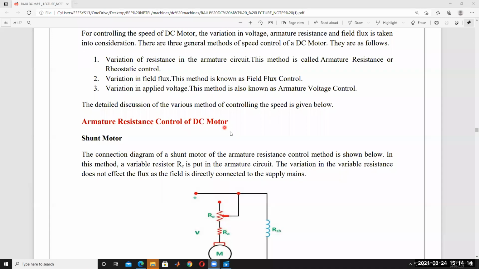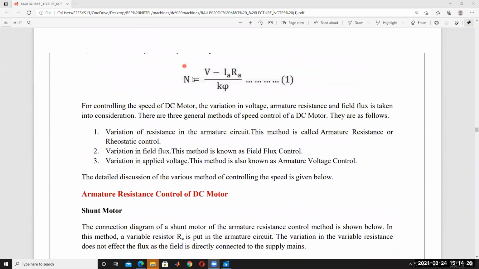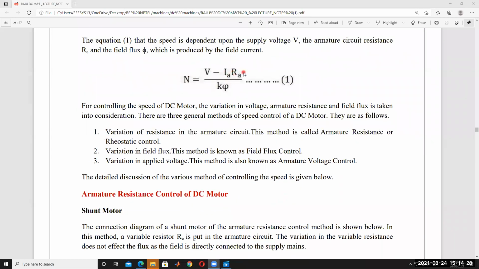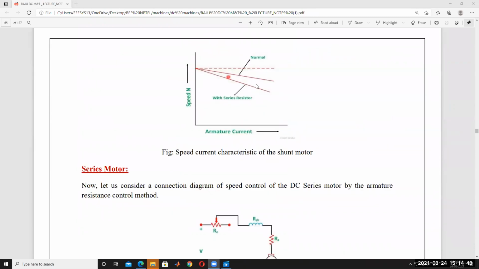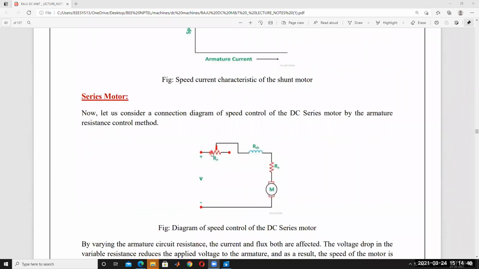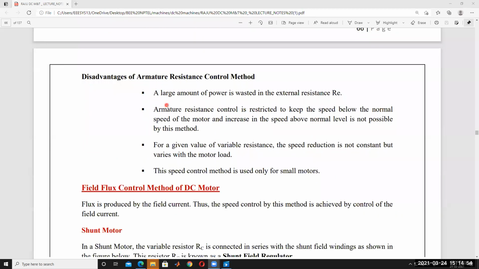So in this armature resistance control, by introducing some resistance, by adding some resistance, the armature current can be controlled, and then the speed of the DC motor can be controlled. In I into (R_A plus R_SC), by introducing some resistance here, the term V minus I_A R_A is decreasing, and then the speed is decreasing. Okay, if you are increasing the resistance of the winding, that is the armature resistance control method. The speed is controlled in this manner. And in the series motor, we introduce resistors like this. By controlling the series resistors, the armature current can be controlled.